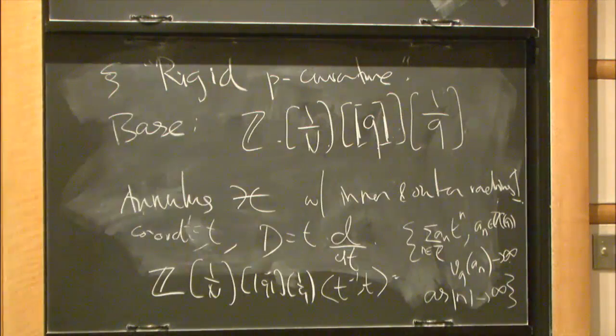Now, if we all believe the p-curvature conjecture, we should believe that you have finite monodromy over all fibers, and because everything